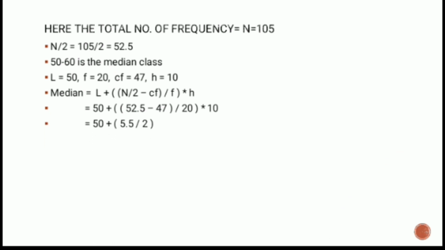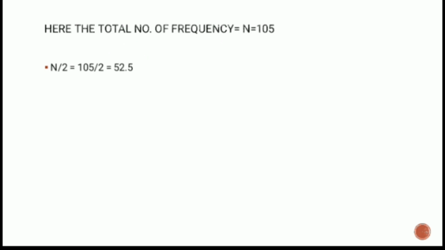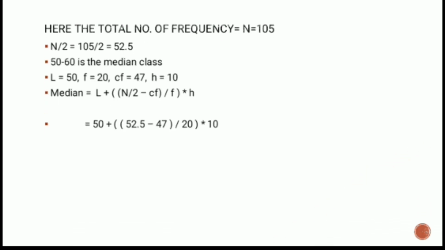Subtract 52.5 minus 47, that gives you 7.5, and divide by 20, multiplied by 10, that gives you 2.7. So adding 50 plus 2.7